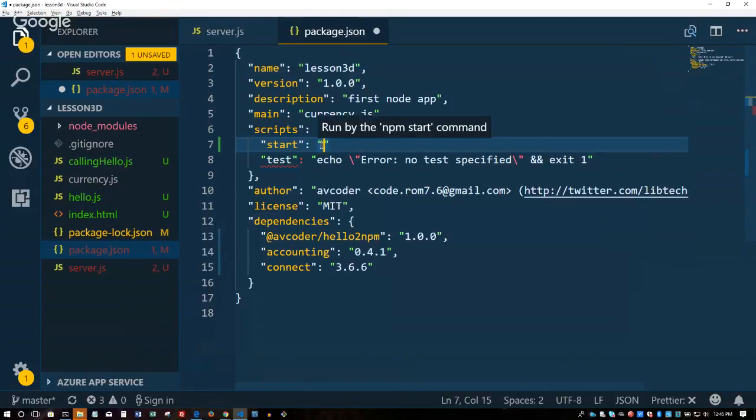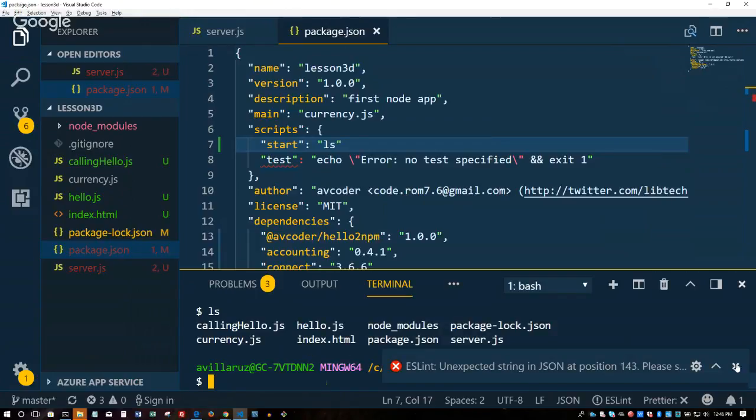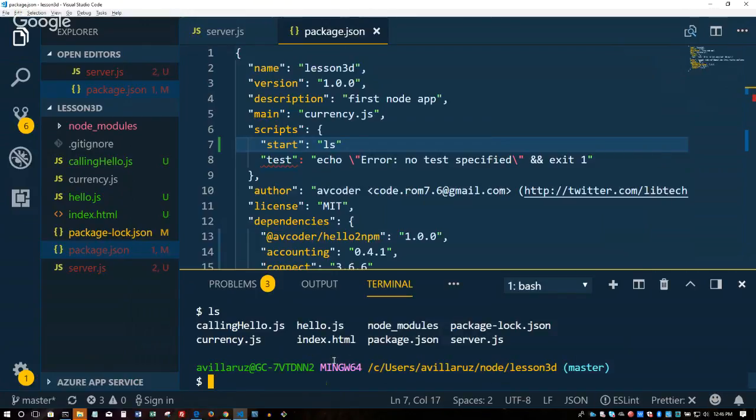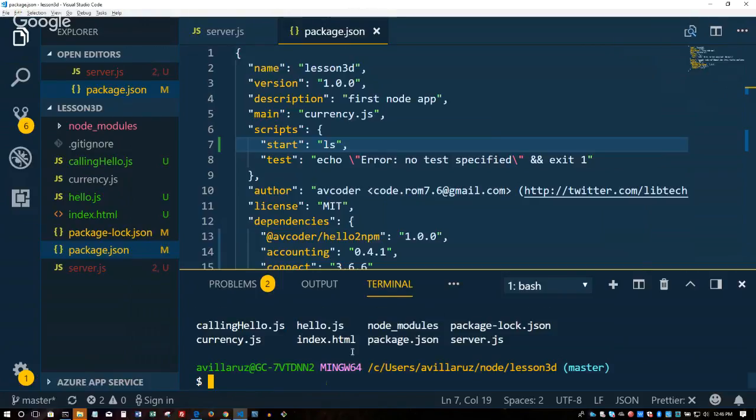Whatever you type in here is whatever command you enter. Because I'm using the Linux shell, I'll just type in ls. ls, again, normally does the equivalent of a dir. But now, because I saved that, oh, I didn't save it, I have to put a comma there. Okay. So here I can say npm start, and it'll do an ls. So that's all you're really doing.